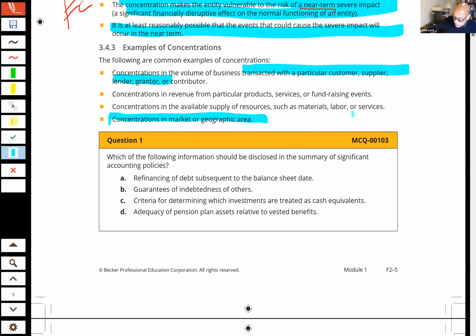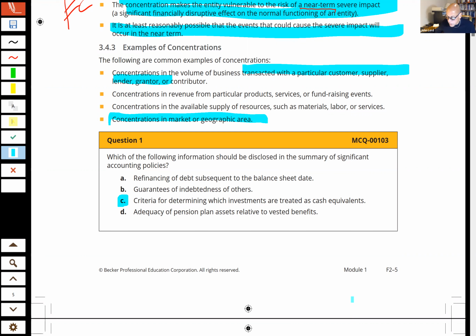Okay, guys, I'm going to go ahead and end the poll because I'm not sure this question should really take us 2 minutes, and I want to move into the next area. Let's take a look here. Most of us got this correct. The answer is C. The criteria for determining cash and cash equivalents are short-term instruments that have an original maturity to the entity of 90 days or less. That's the kind of thing that you would expect to see in the summary of significant accounting policy. So most of us got that right.